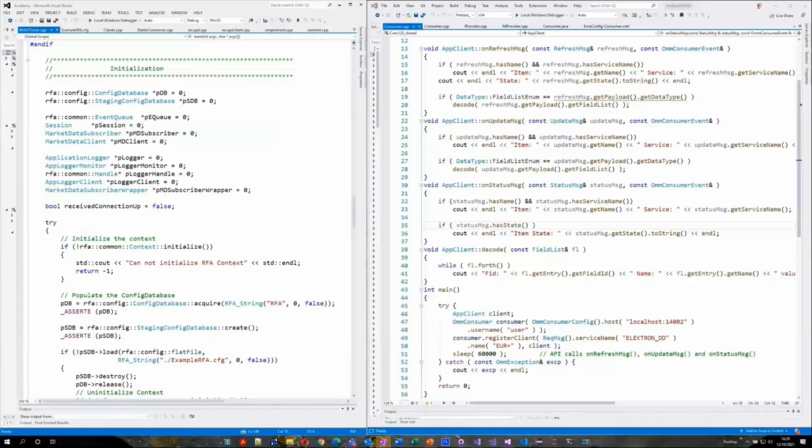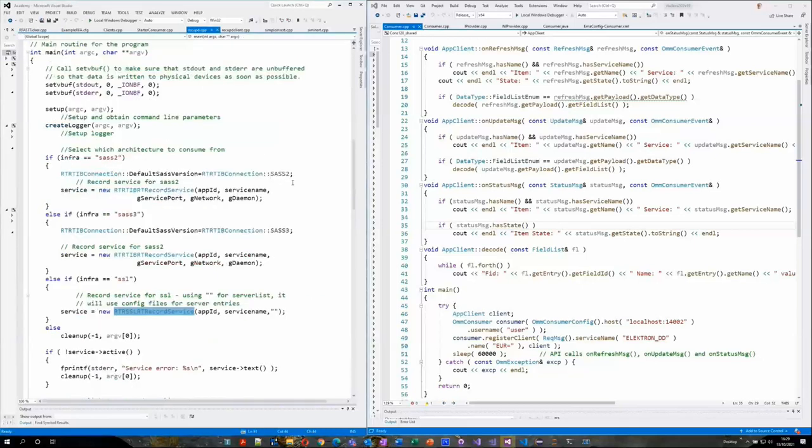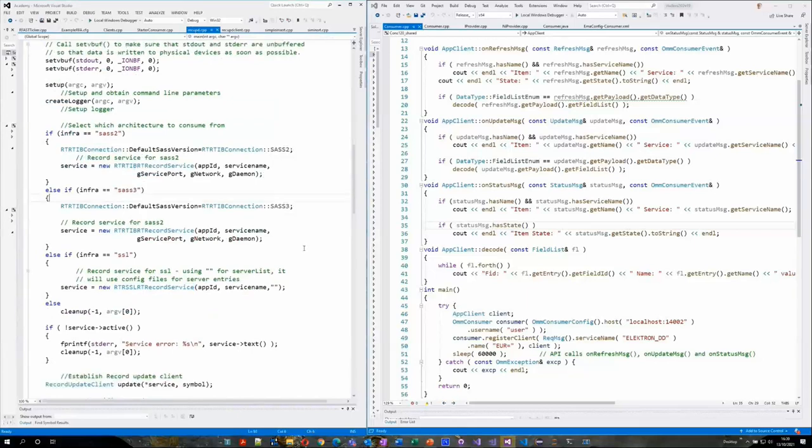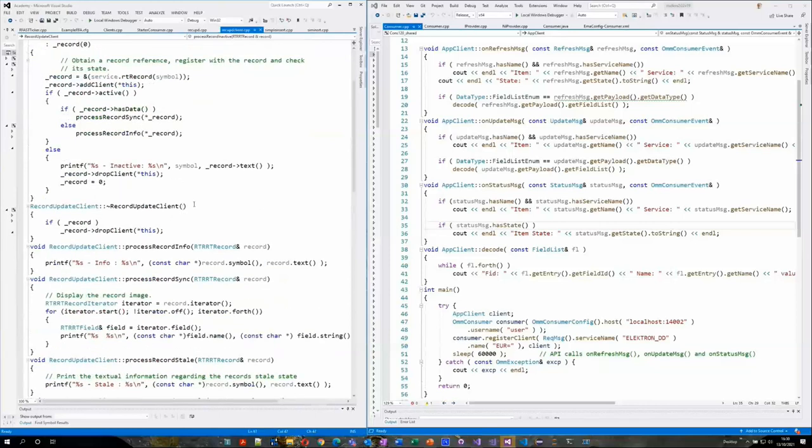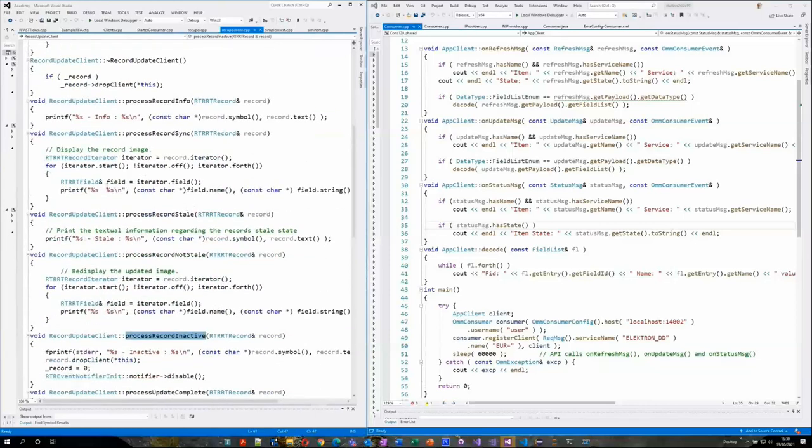Now, based on past experience, one of the most common examples that our customers tend to use as their starting point is one called RecOpD, which is available in the SFC C++ SDK. So let's just jump right into this. Essentially, absolute basics, you create a connection to the server in SFC using, say, record service, and then typically you'll be implementing a callback client. For example, here we've called it record update client, and in there you'd be making a subscription request to the server, and then you'd have various callback handlers in there, one to handle when you get a refresh